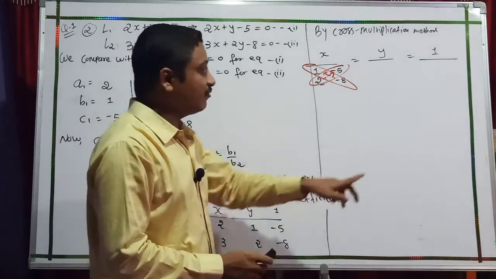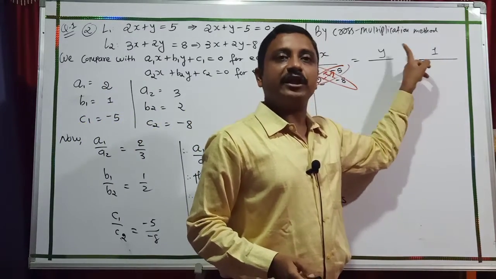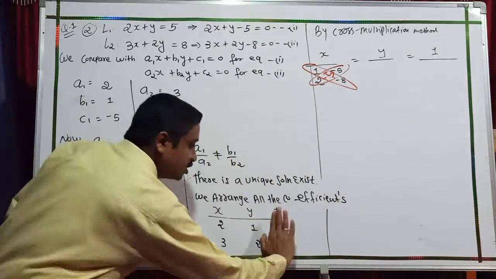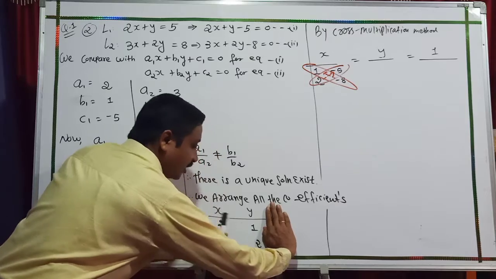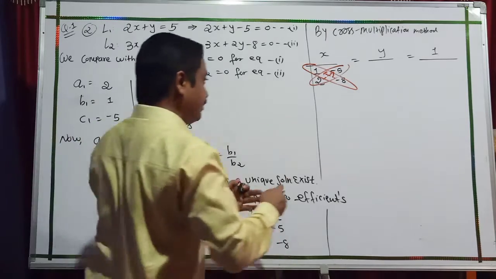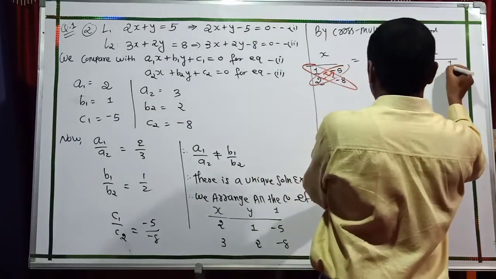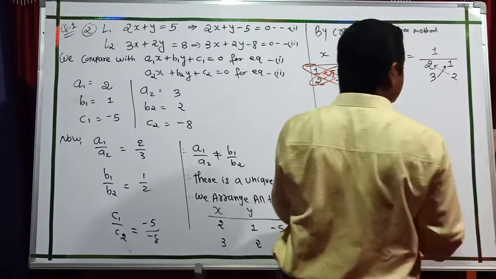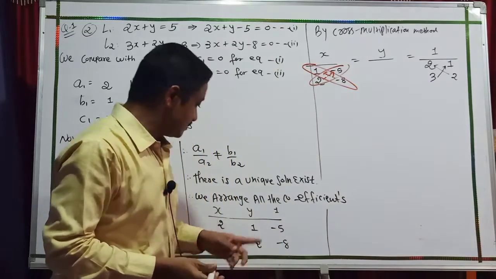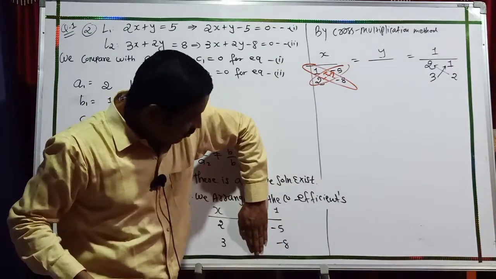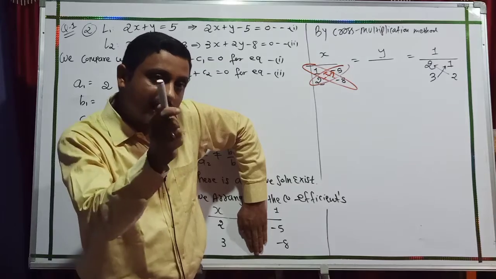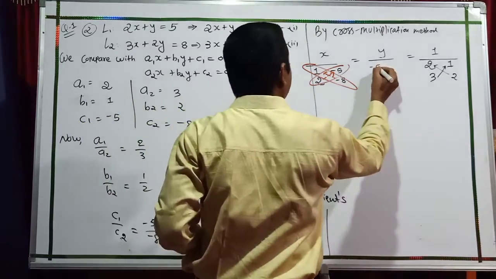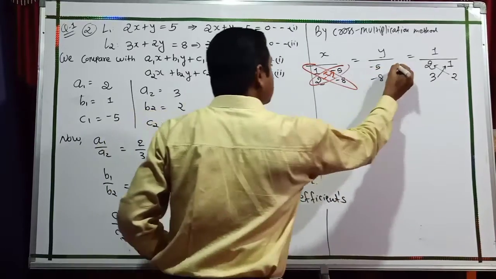Now after that move ahead, here 1, and then move ahead to y. If you write down 1, then put up your hand on this one line, and what remains? This remaining value is 2, 1, 3, 2, and here your cross multiplication posture. And last, this y: same as here, put your y, but in this y case you take the reverse value. Don't take directly minus 5 and minus 8, and here 2, 3.